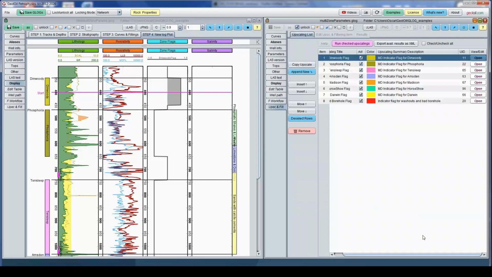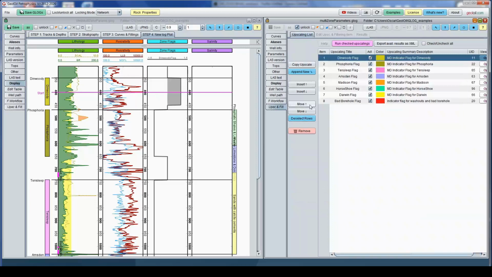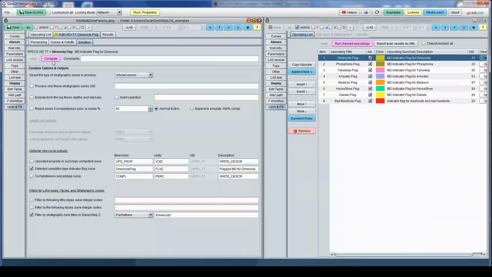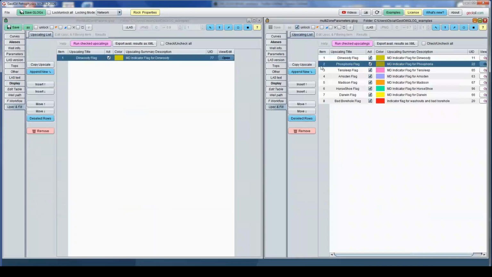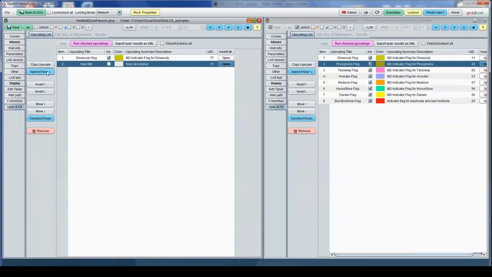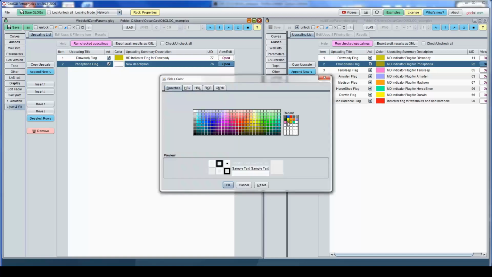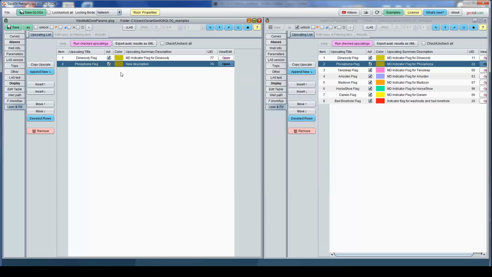You do the same for the other formations. Like Phosphoria, let's do Phosphoria quickly. Go to obfuscating and filtering, obfuscating. You add, this is the reference, add Phosphoria, Phosphoria flag. Let's add that. Phosphoria flag. Okay, active. I think the color is this one. It was already saved. Any time you put a new color, it is saved here in recent. Copy here to there.